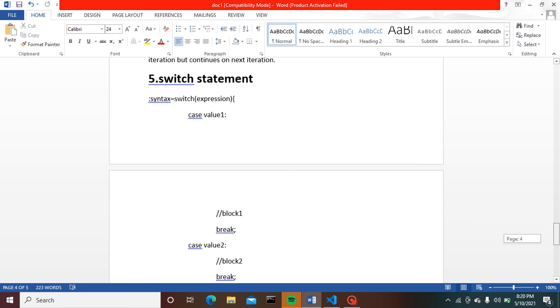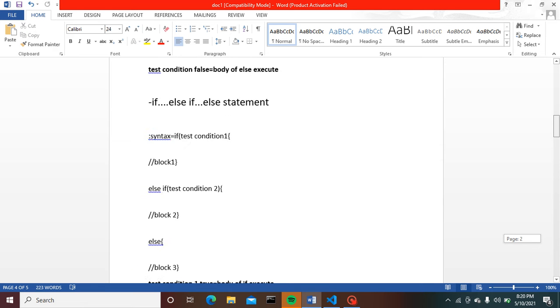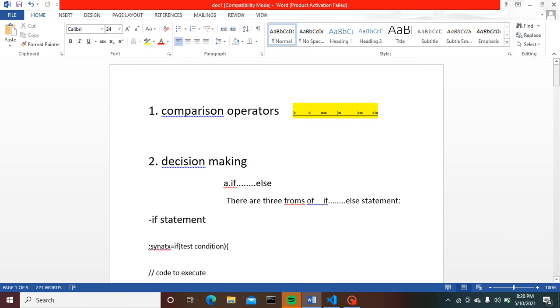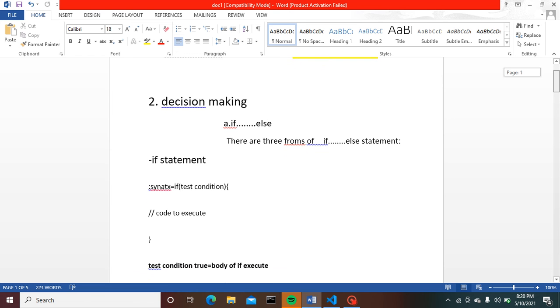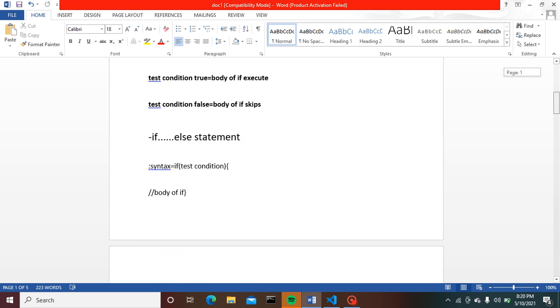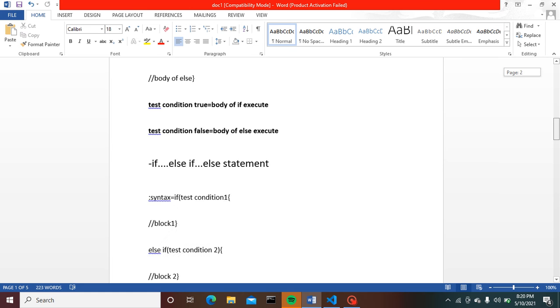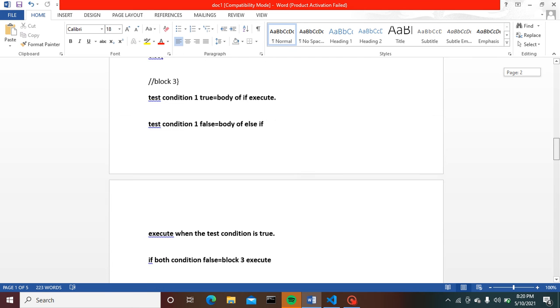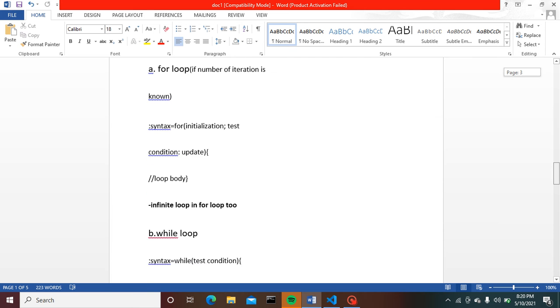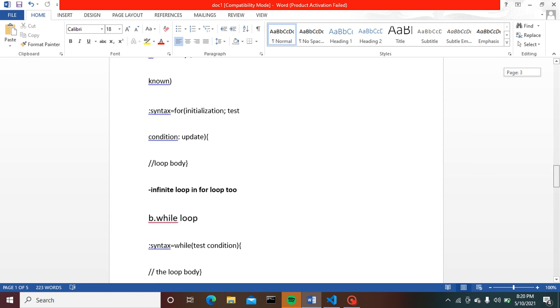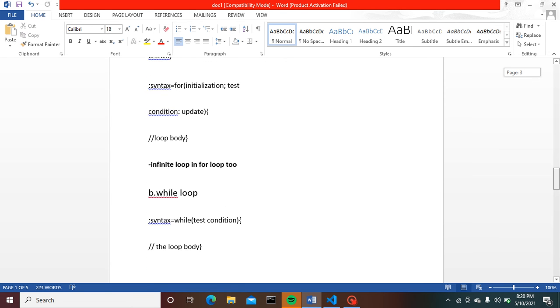Have a look at this again from the start. The first one is comparison operator, the second one is decision making in C. The third one is looping in programming, which is for loop and while loop.